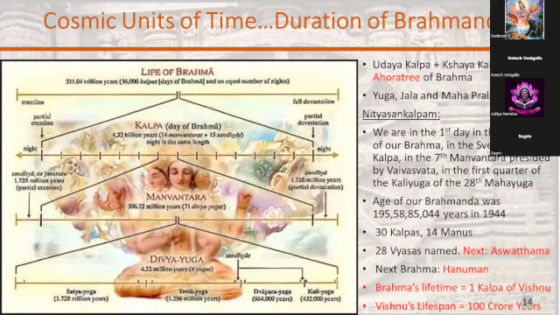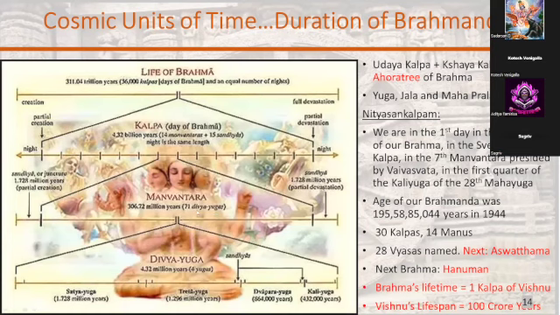One more question: this Divya Yuga is divided into the Satya Yuga. So how many Divya Yugas? Careful, words are important. I would advise against using the word Divya. Please just call it a Mahayuga. So how many Mahayugas are in one Manvantara, is it only one? No, 71. 71 Mahayugas in one Manvantara.